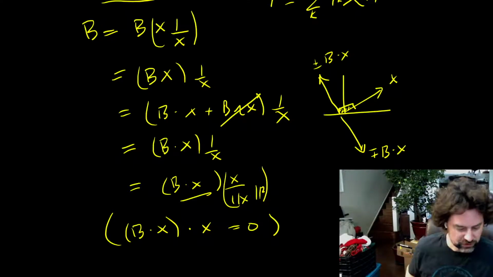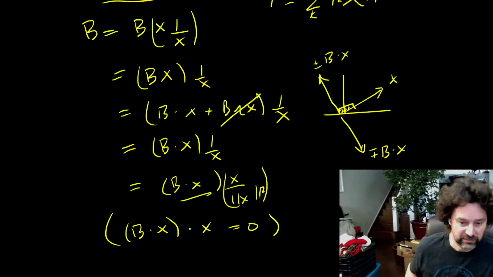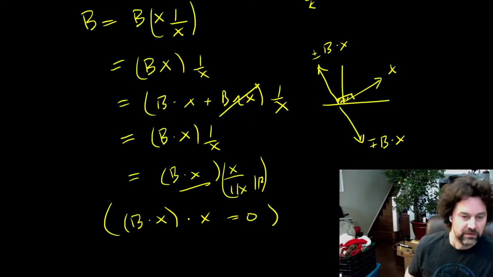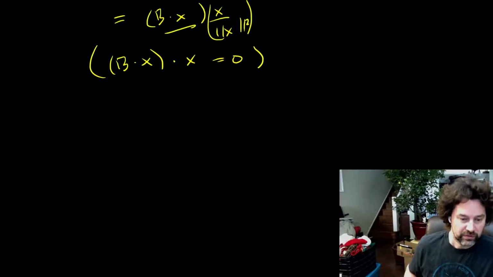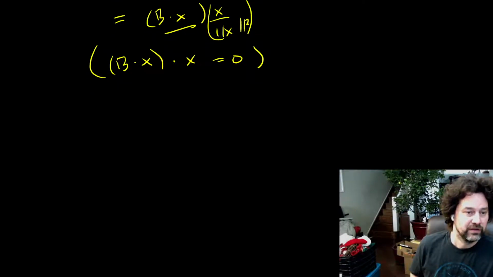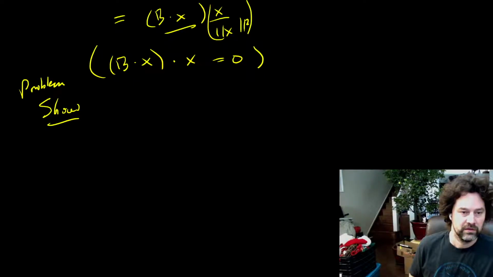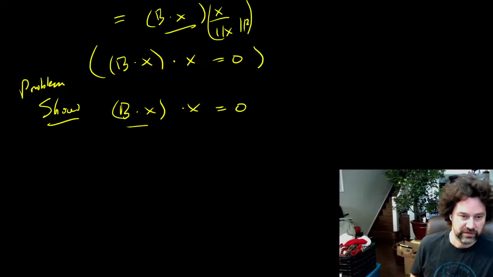And we can show that algebraically. Maybe we'll do that. Yeah, let's do that. So let's show, this is a problem, b dot x equals 0. So this is a vector,